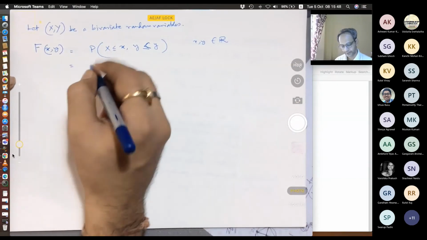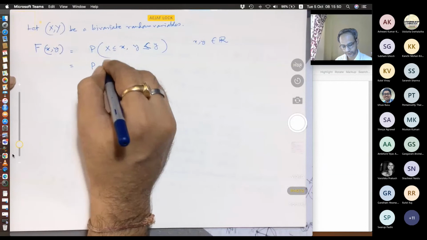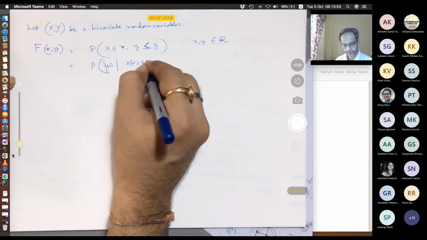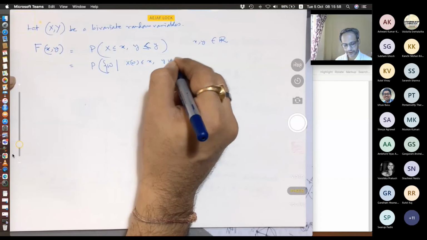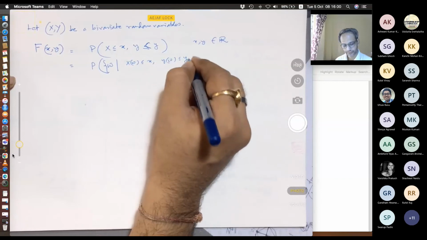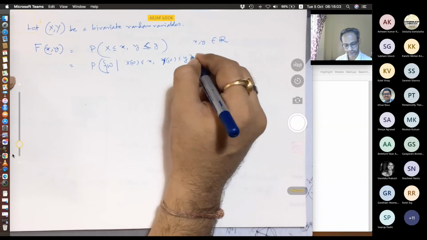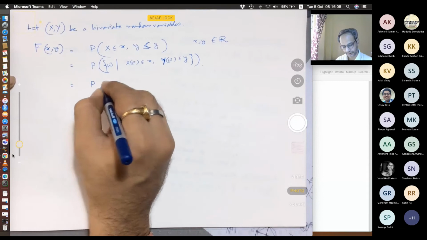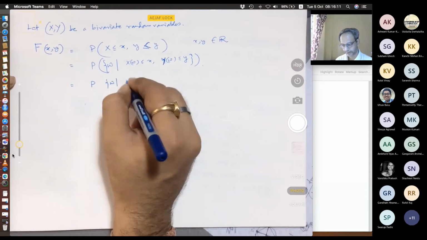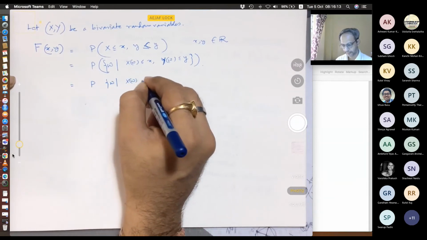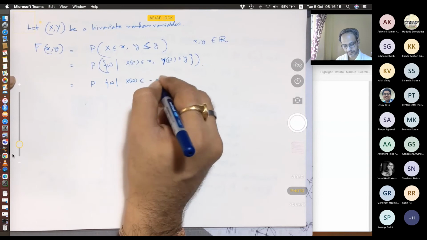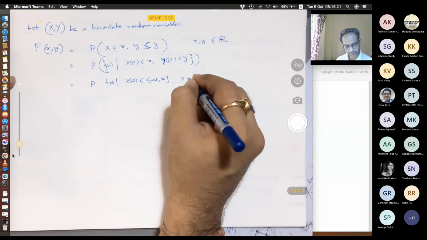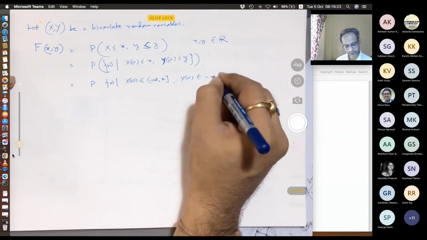So it means probability of the collection of all such omega such that X of omega is less than or equal to x and Y of omega is less than or equal to y. And that means again the probability of the collection of all such omega such that X of omega belongs to minus infinity to x and Y of omega belongs to minus infinity to y,